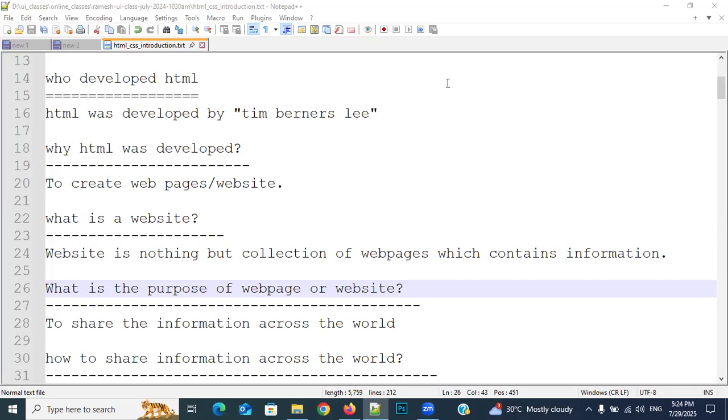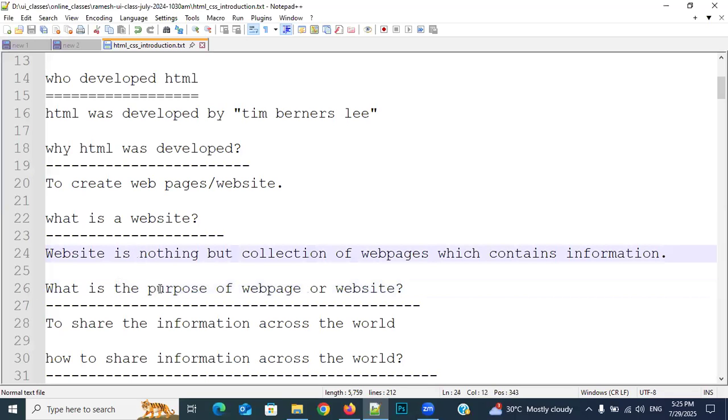We are sharing the information, and we are able to sell online. We are able to do money transactions also. We are developing applications related to that. This is how we are helping the world. What I mean to say is farmers, soldiers, and software engineers are very, very important in the world. As a web developer or software engineer, you will get job opportunities if you have plenty of skills.